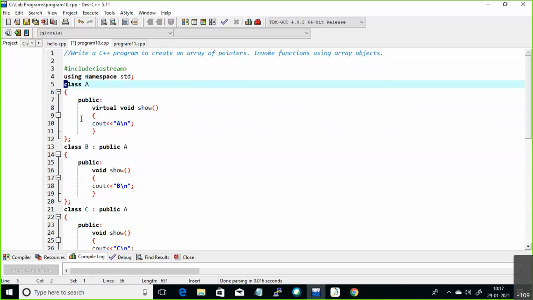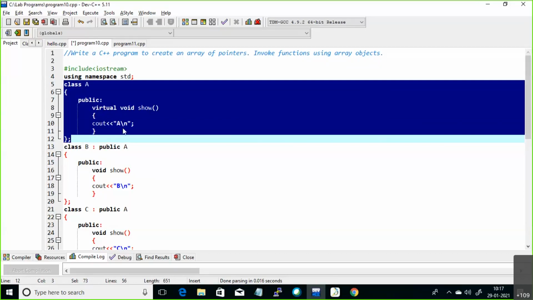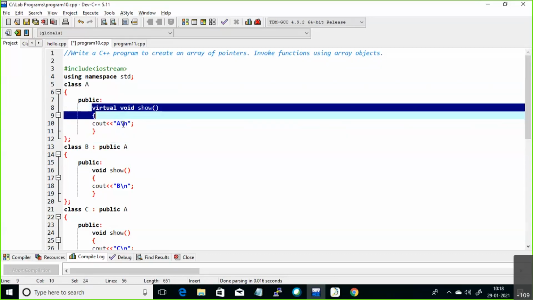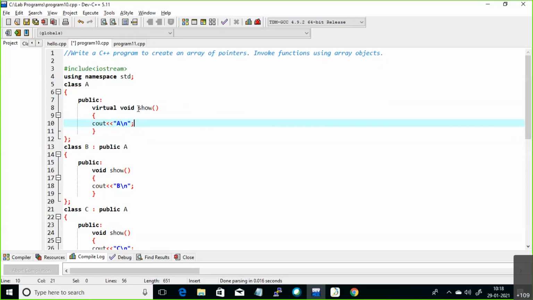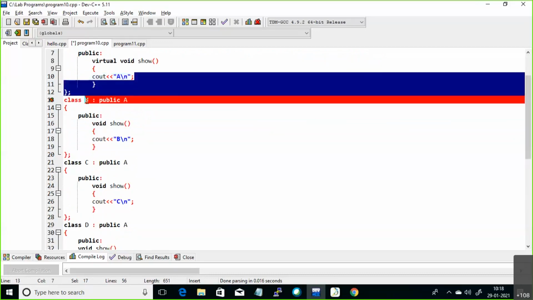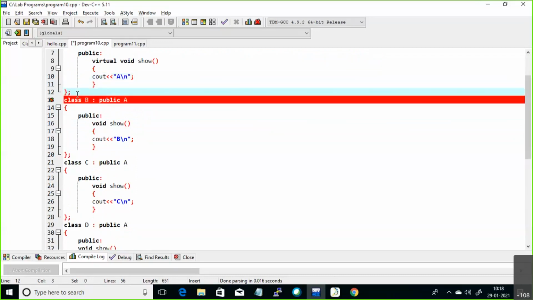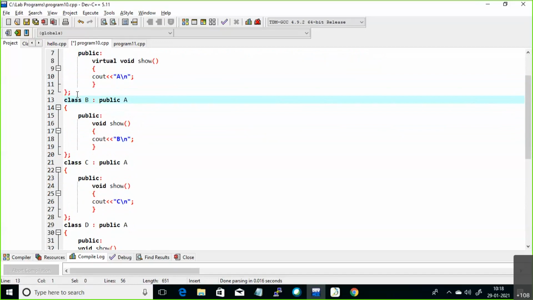This is the base class, and I am deriving from this base class. This is a virtual function, right? If it is a virtual function, you can override this particular function in a derived class. Here you can see class B. I'm deriving class B from class A, single inheritance.